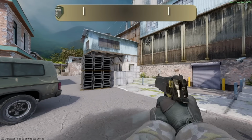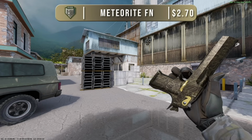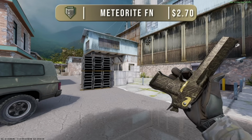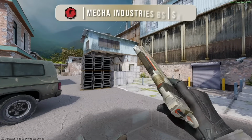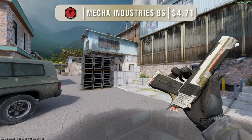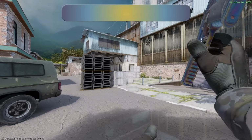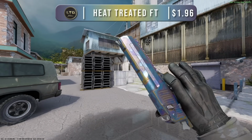For the Desert Eagle, I chose the factory new Meteorite. This is a clean, basically black Desert Eagle skin with some golden accents. Then we have the Mecha Industries. Unfortunately, we can only afford this one in Battle Scarred, but it still looks really nice with the black, white, and red color theme. And finally, we have the Heat Treated and Field Tested, which in my opinion is the